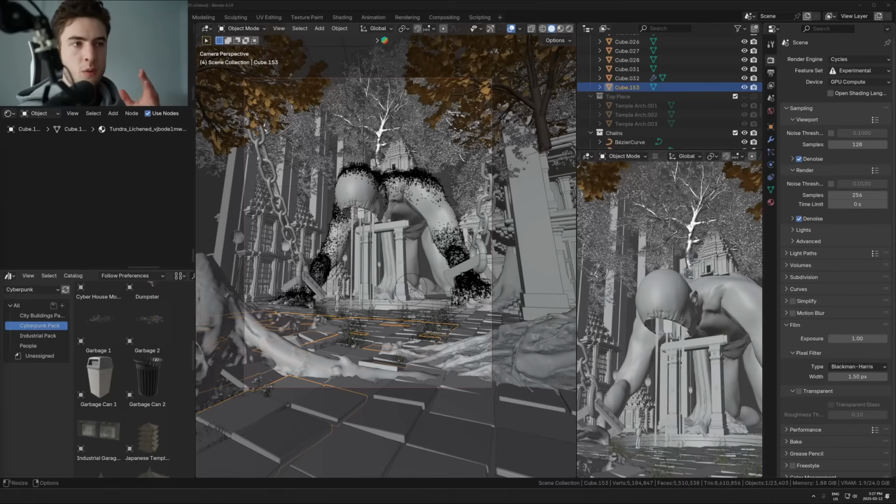Okay, so I'm going to show you 3 ways that you can start making better environments straight away. These are things you can implement right away after watching this, and they're all quite simple and easy things that are not hard to do in Blender. So the first one is I just want to talk about adding a level of detail to the entire render